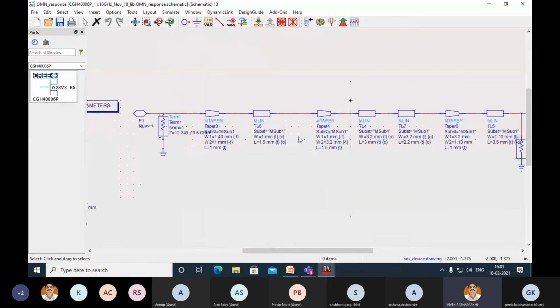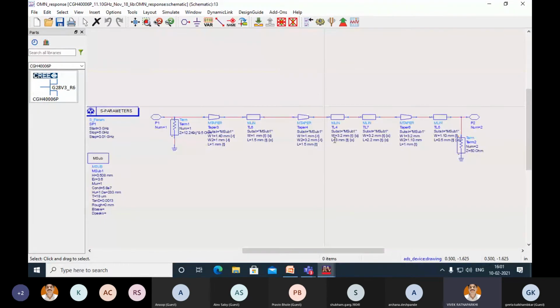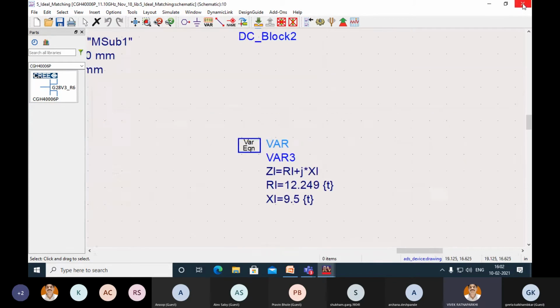Again, the same concept is being used: multiple transmission lines with variable length and width. There is a lot of literature and many papers available on how we can design broadband matching networks. You can take help from those, as there are a lot of trends to design broadband matching networks. Based on filter design, if you take a bandpass filter and design it using these microstrip transmission lines over the specified range of frequencies, that will become a very good broadband matching network. The same concept I have used here.